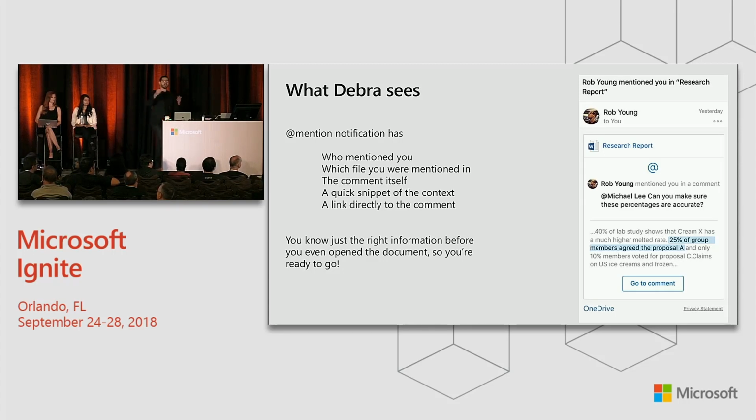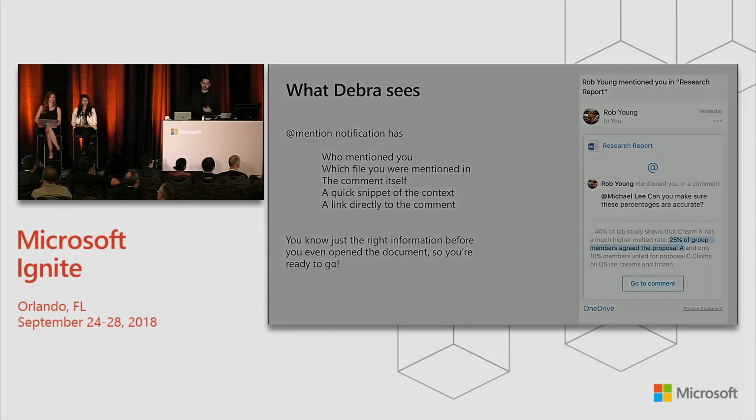So in those cases of 20-page documents, you don't have to hunt for all those little places that you were commented on. So I'm going to go back to the demo,